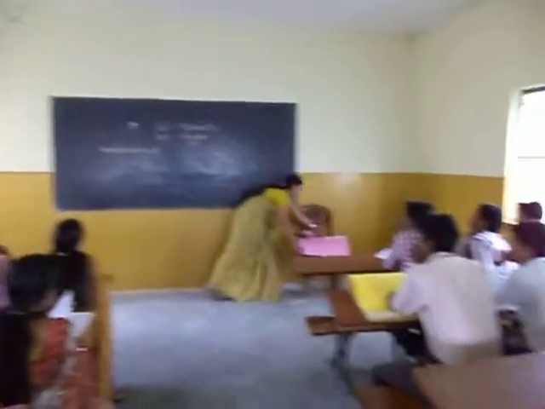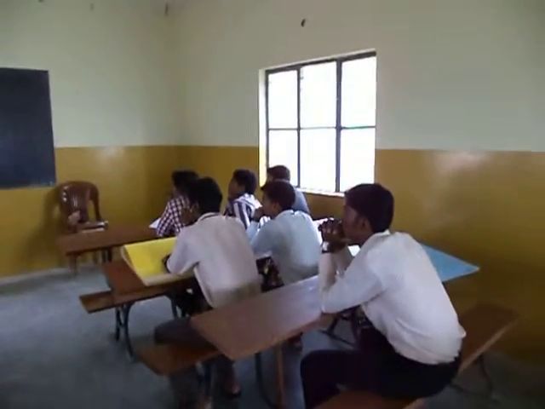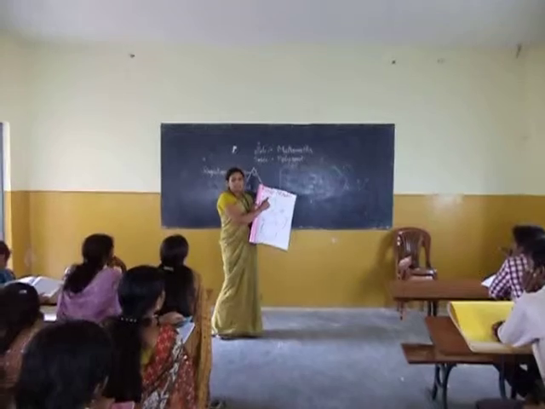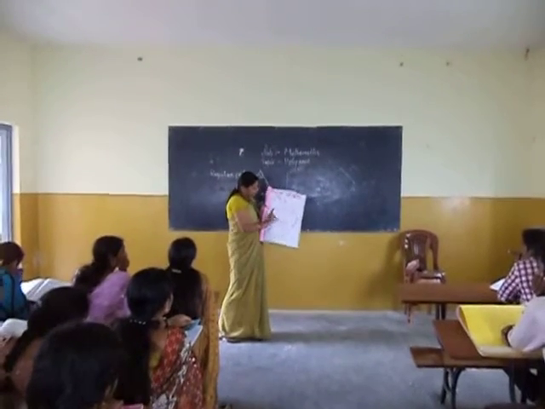Observe here. These are all regular figures. This is a square. All sides are equal. 90